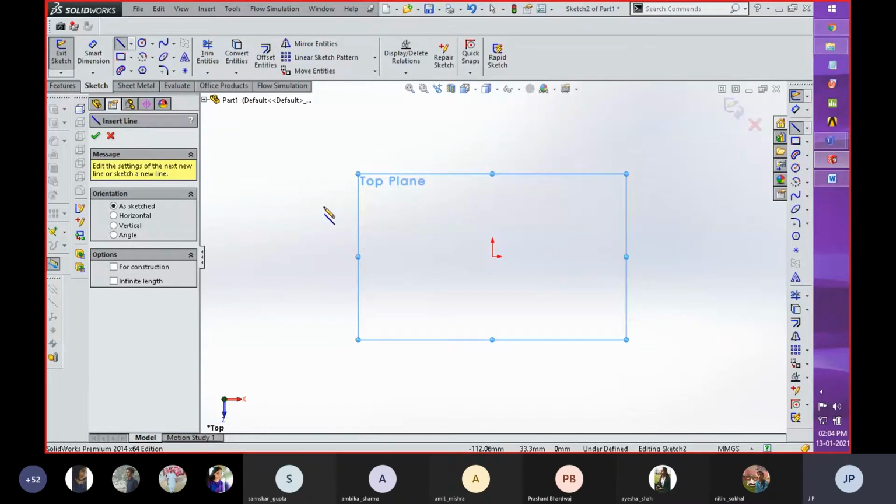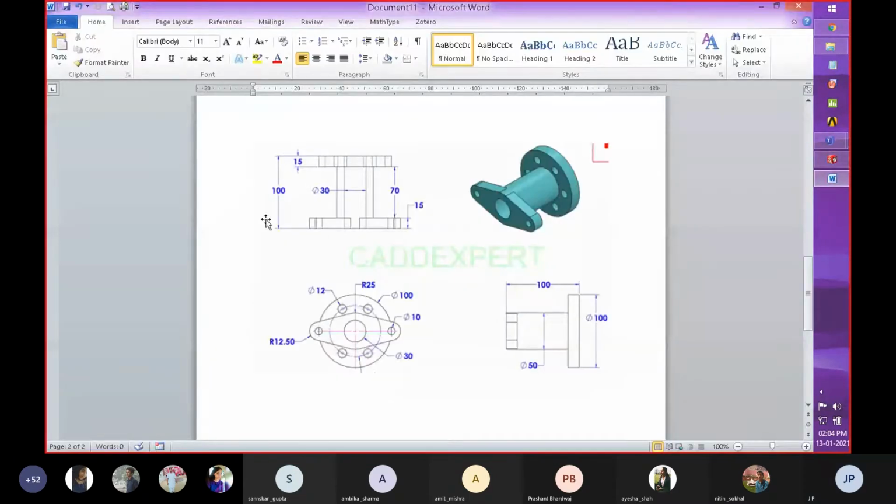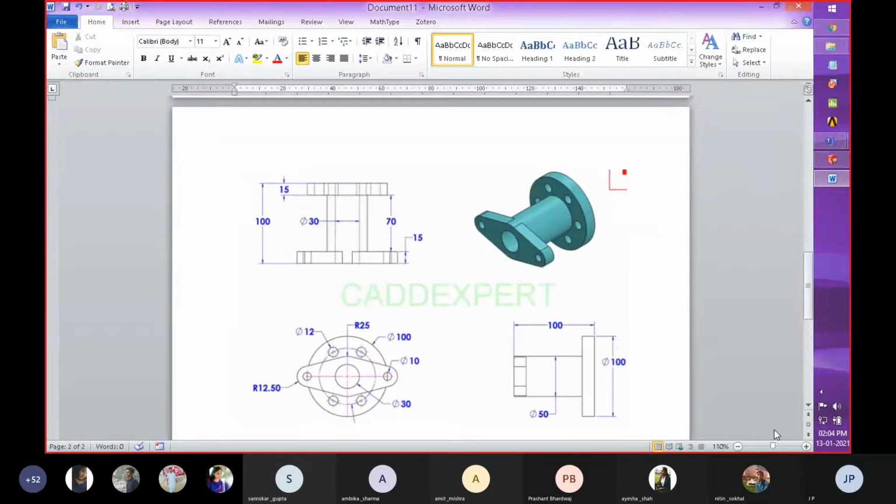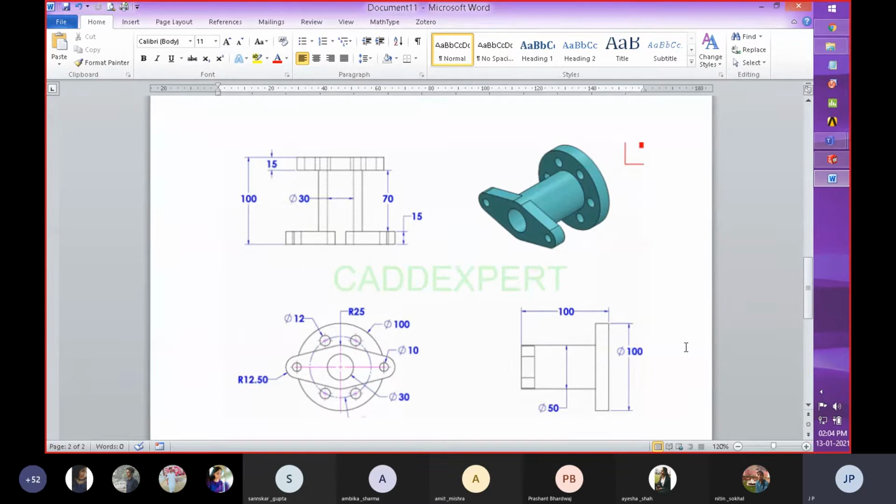So with the help of this toolbar, what I'm going to show you is this module or this 3D model. For creating this 3D model, first of all, you need all these dimensions which are shown right now. I'm going to zoom it so you get a better view of all these dimensions. So this is the component which is shown over here, and these are the different views. This is the top view, this is the front view, and this is the side view. Okay. So these are the three views which are available with respect to drawing. These three views aid us for creating this component in the software with respect to each and every dimension which we require for creating this component.